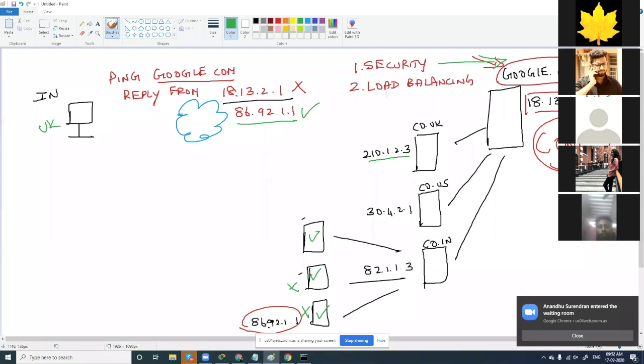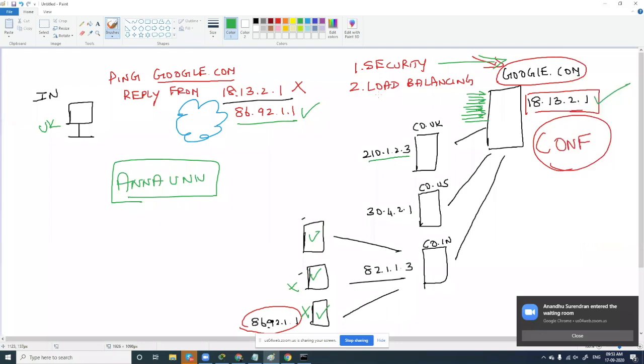Load balancing, yes. In case Google is getting all the requests, probably the site will slow down, just like your Anna University website or your university website during result time. What will happen at that point of time? That server is going to get a lot of requests and the server will be slowed down. So for that not to happen, we go for load balancing, wherein we split the load across different servers like this, right? So it's a very simple architecture here.